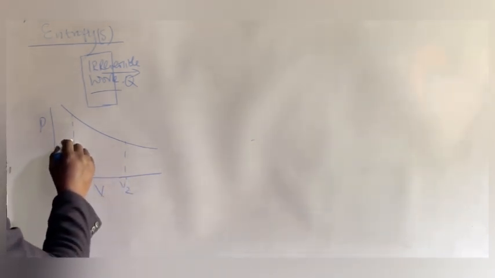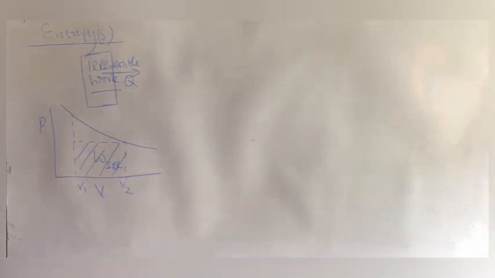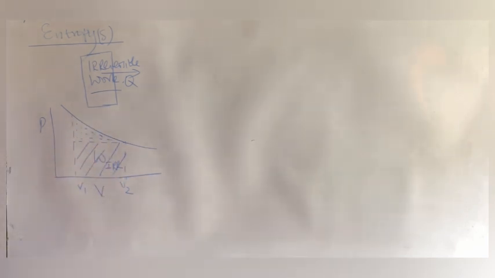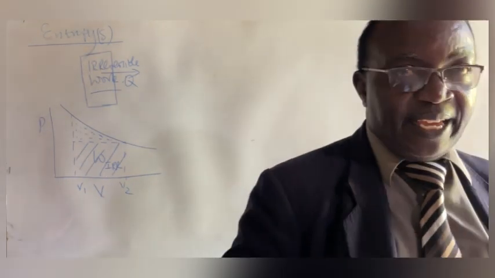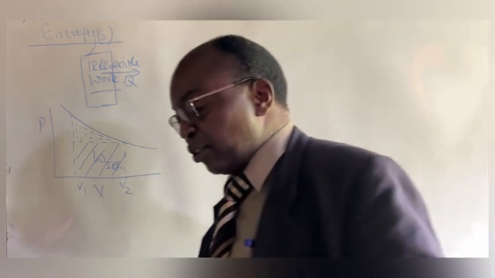And we know that if you remember the indicator diagrams for reversible and irreversible work, we had the isotherm, and if we expanded the system from some volume V1 to V2, under irreversible work, the work done was that one which we have shaded there. That is W irreversible. And when it was done reversibly, a lot more work was done. So we had all this area which we had for irreversible work, including the area which we have just dotted there. So reversible work achieved more than irreversible work in terms of output.